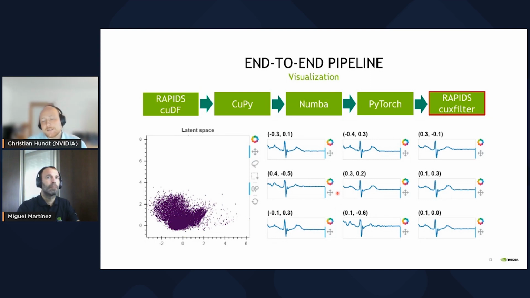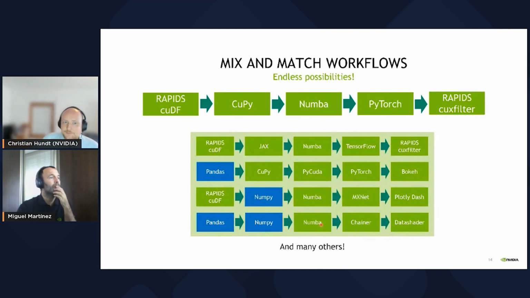And on the next slide, we see different frameworks that could be used to achieve the same. You could decide just to use TensorFlow instead of PyTorch, or you could decide to perform the Fourier transform in NumPy instead of CuPy, or use pandas for parsing it. Of course, as an NVIDIA employee, I will tell you the more green you see, the better the pipeline will be in terms of throughput and latency. And on the next slide, we will discuss in detail how you can identify the pipelines.